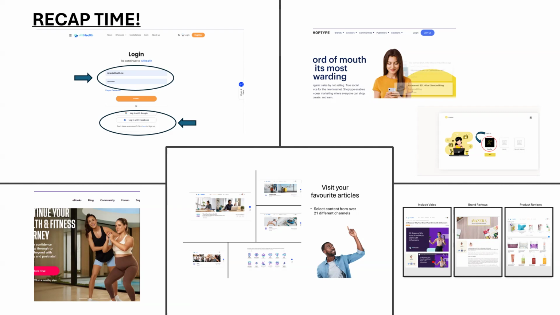They can generate multiple articles and posts inside Althealth and then share them with the world on every single one of their social platforms and channels. If anyone comes to Althealth just because they wanted to read that article and they end up buying something, the person writing the article gets the commissions. So that's a cool thing to do. We also talked about the different types of content you can write, from video to brand reviews, product reviews, you name it. We are very flexible in that, and you can get as creative as you want.